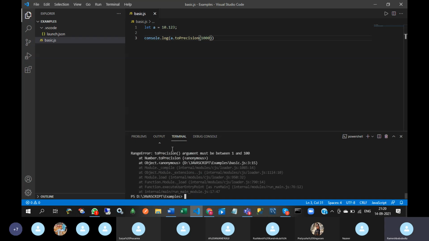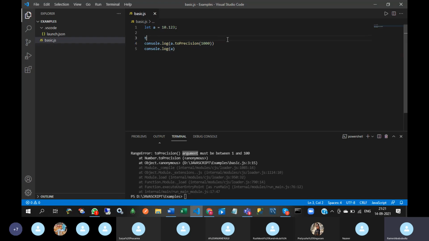So this is an error. Then console.log. So here the error will come at this position, so it will not display the line number 4 result. Okay, so this is the exception. So in real time, this type of error you don't want to get. Okay, so how to handle these exceptions?